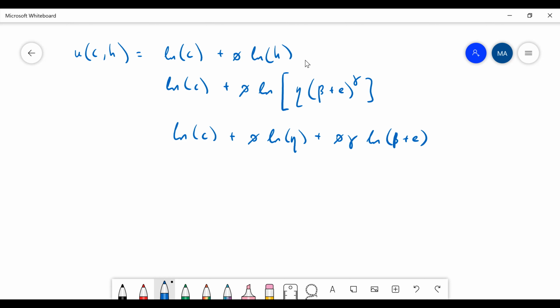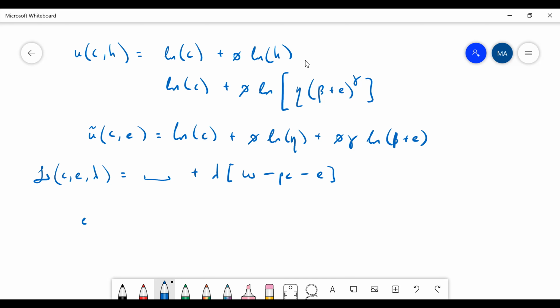So this now becomes your utility function as a function of consumption and education, consumption level and education expenditure. Then you have your Lagrangian, L of C, E, lambda, this whole thing plus lambda times W minus PC minus E. All right, and of course, you will find